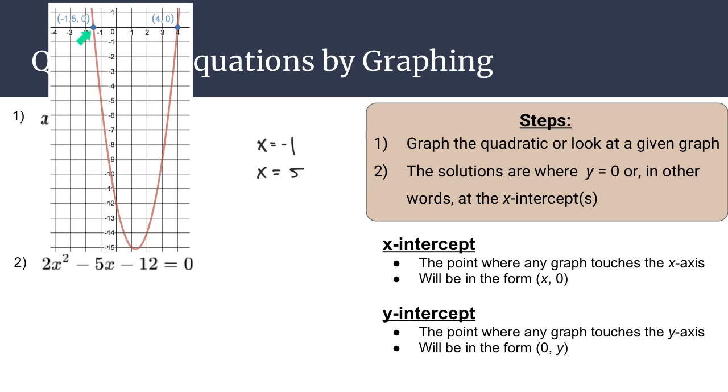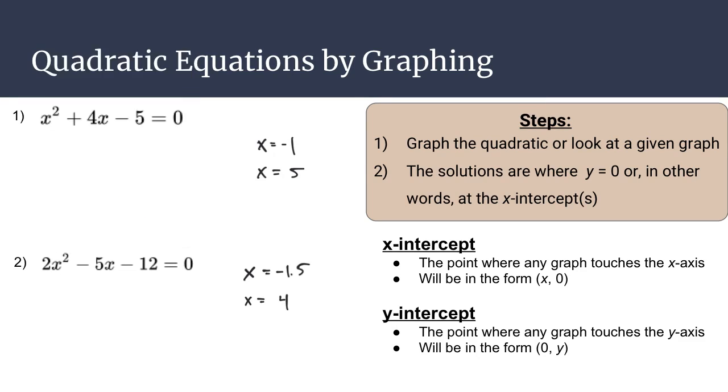We're looking for those x-intercepts because that's where y is equal to 0. We want to find out when you get out 0. So it looks like to me that our x-intercepts and our solutions to this equation then are going to be at x equals -1.5 and at x equals 4. So if you're given an equation you're asked to solve graphically, all you need to do is to graph that quadratic equation as y equals, look for